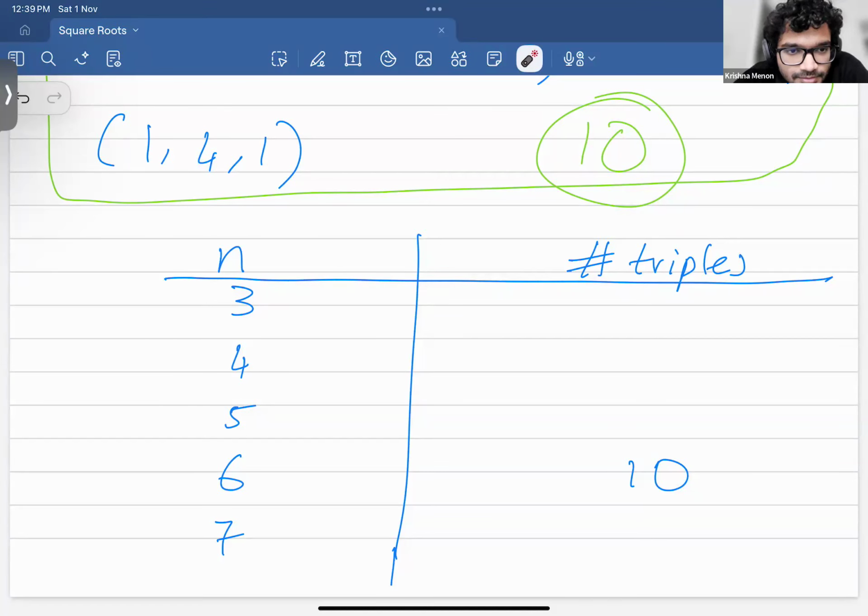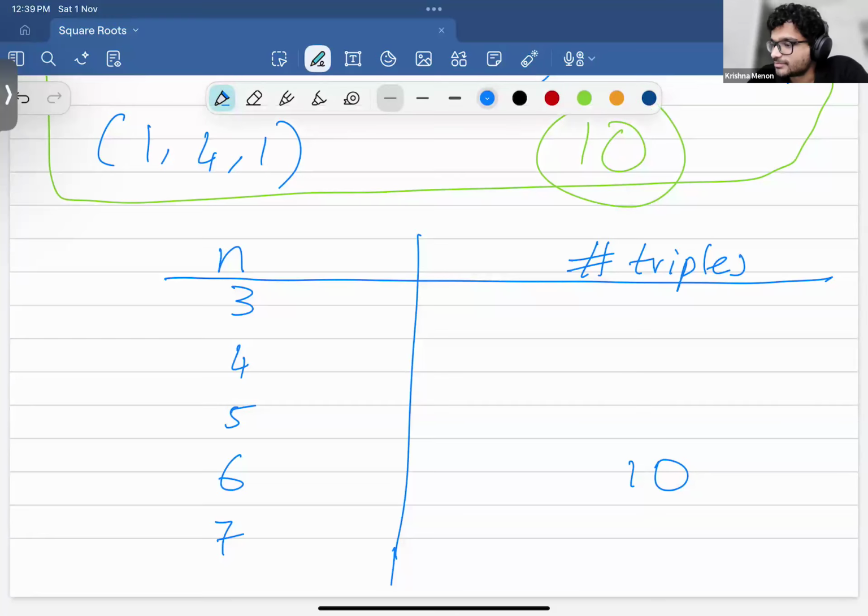Sir, I proved it for A plus B plus C is equal to N. Okay, I mean, if you have that proof, then you'll be able to fill in these numbers, right? So for example, for 5, what is the number of triples? 6, sir. 6. Okay. So for 4, what is the number of triples? 3, sir. 3. Okay, so thank you, Ayush. I'll come back to your general answer in a while. But before that, let's say